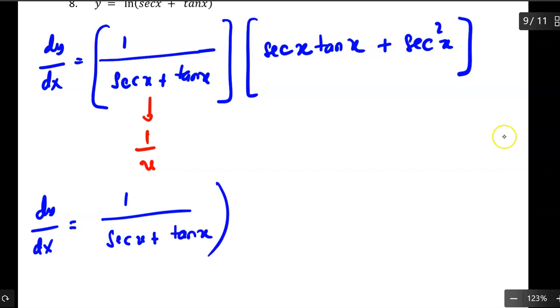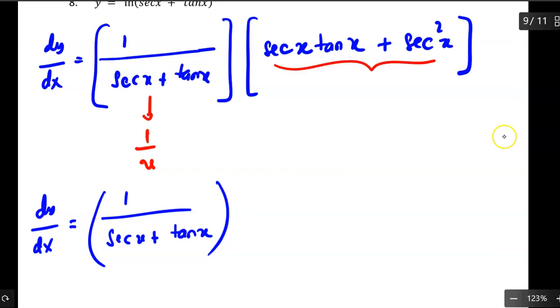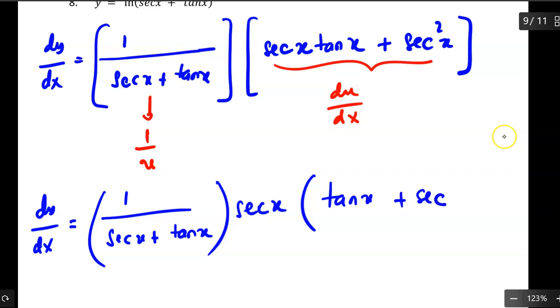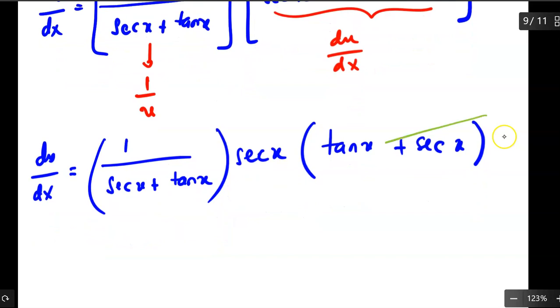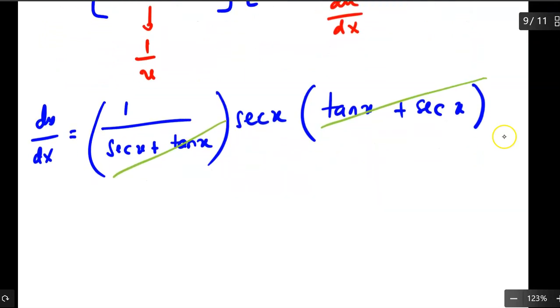Okay, so what I have is, for this part, I should write it as du over dx here. Okay, so I can factor out the secant of x. So factor out secant of x, I have tan of x left plus secant of x left inside the brackets. So in this case, you see that that and that cancel out. So in the end, dy over dx is equal to secant of x as the